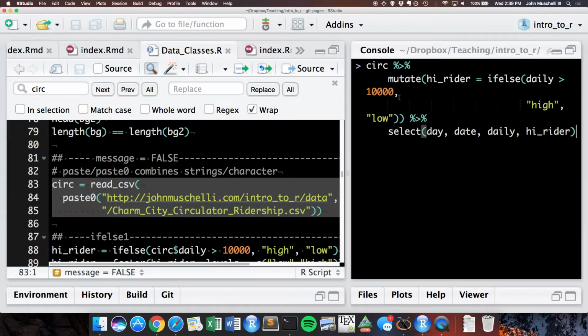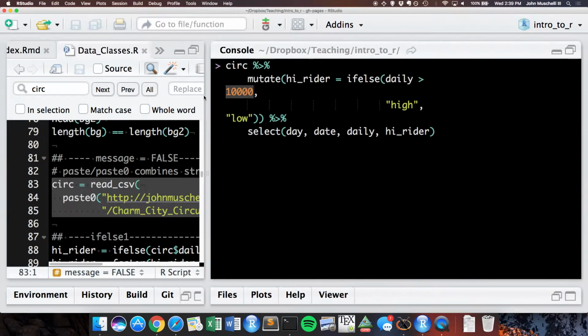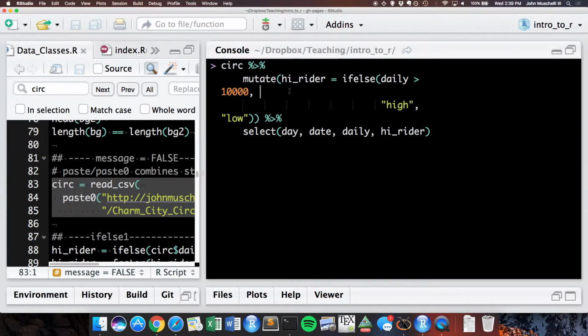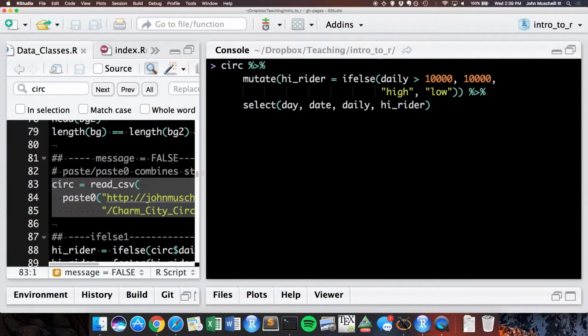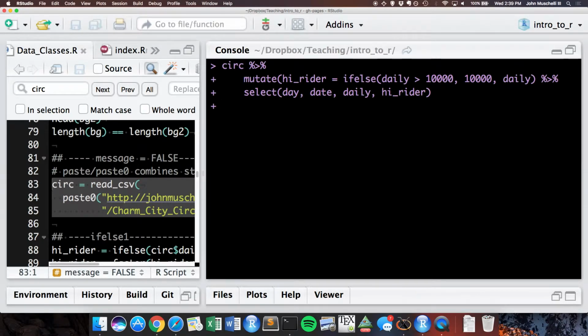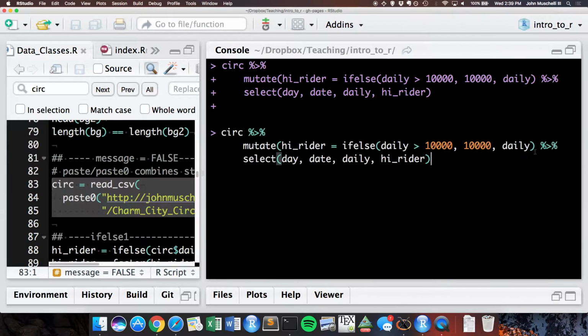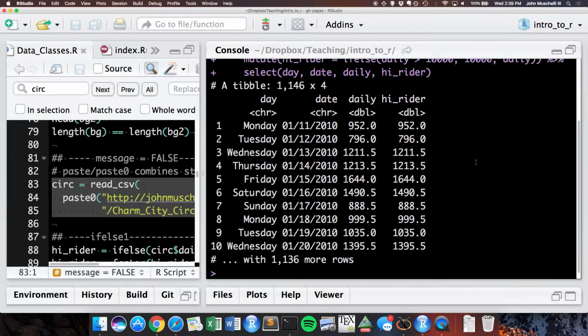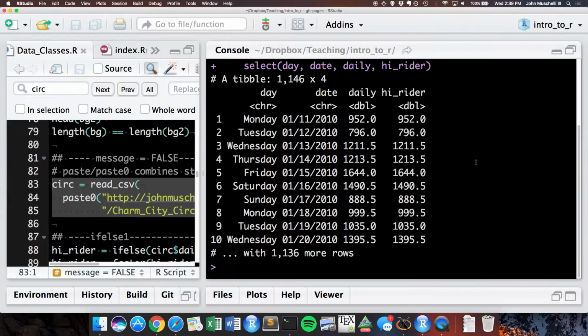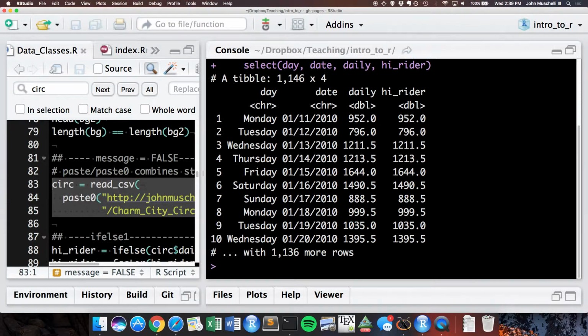Okay, so let's say the daily ridership is over 10,000. Let me take all this out. Oops, another parenthesis. So let me do 1,000